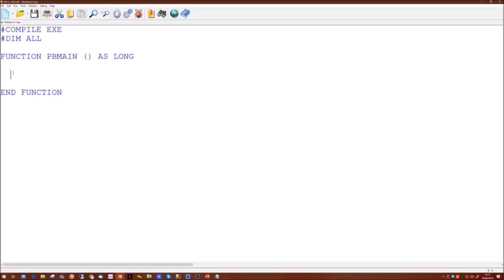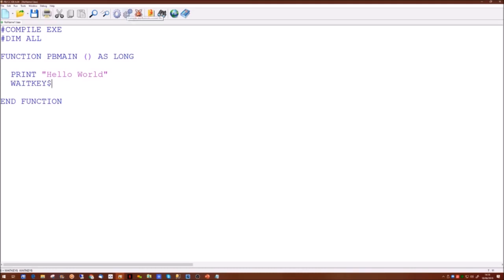Now, in this one, we're going to put something really simple, which is going to send to the console our standard hello world. Because when we run this, the console is going to launch and then the program is going to finish almost straight away, we want the console to stay on screen long enough for us to see it. So we'll put a command in that says just wait until a key is pressed on the keyboard.